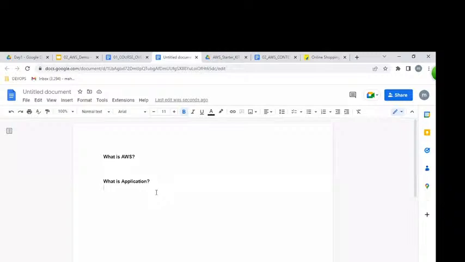How many ways to get infrastructure? We can get it by physical environment, virtual environment, or cloud. Either physically, virtually, or in a cloud environment. The server is the same, but the way of getting it is different. We can get servers either by physical environment, virtual environment, or cloud environment. Let me clear it one more time. For maintaining applications, we require this infrastructure, and we can get it either physically, virtually, or by cloud environment.